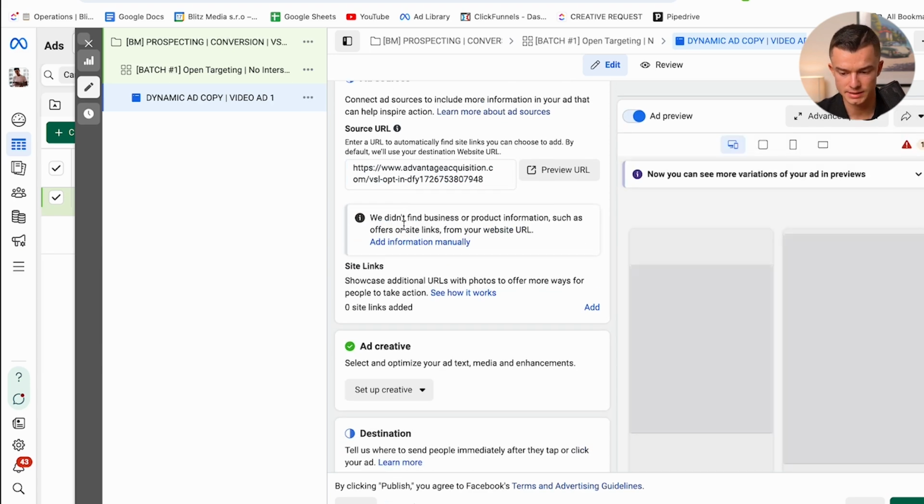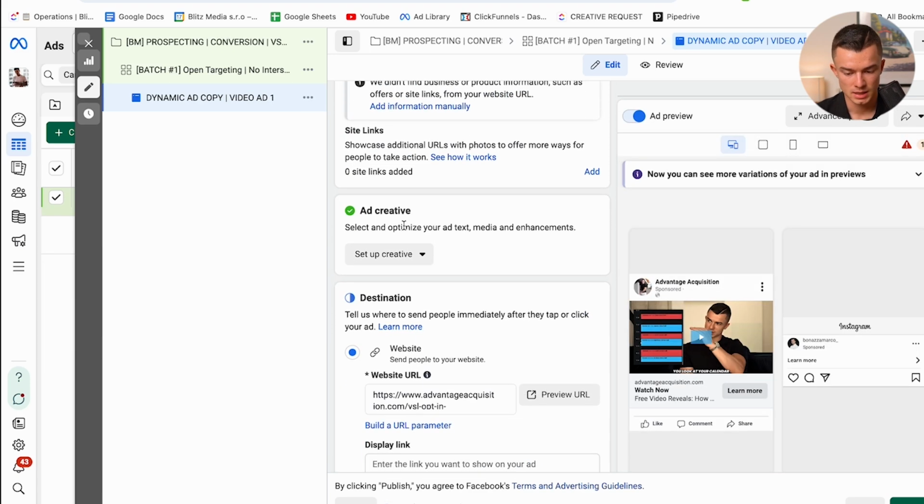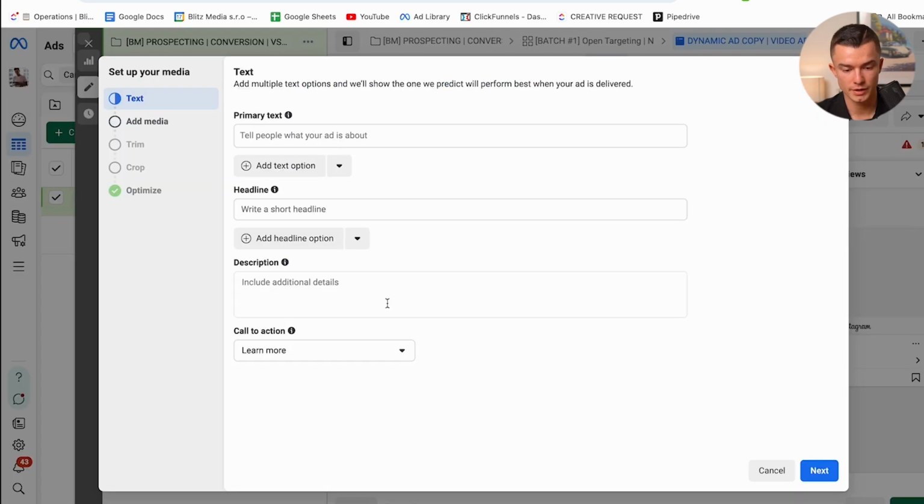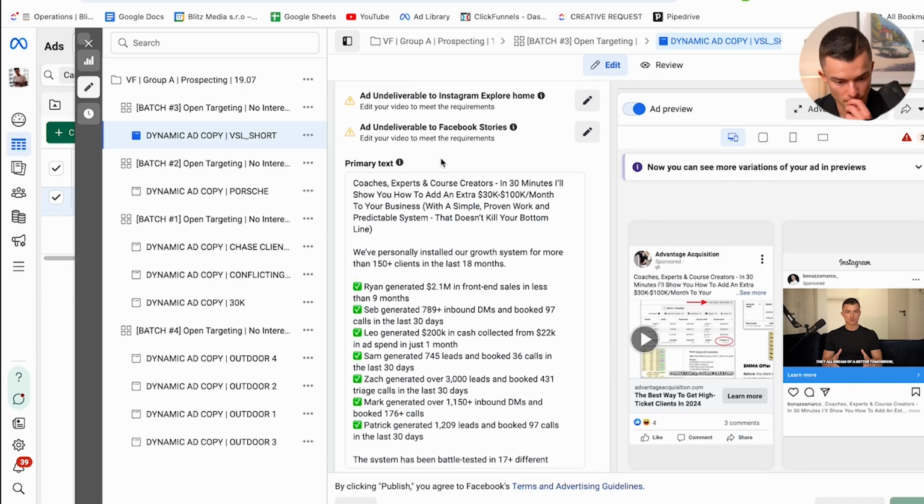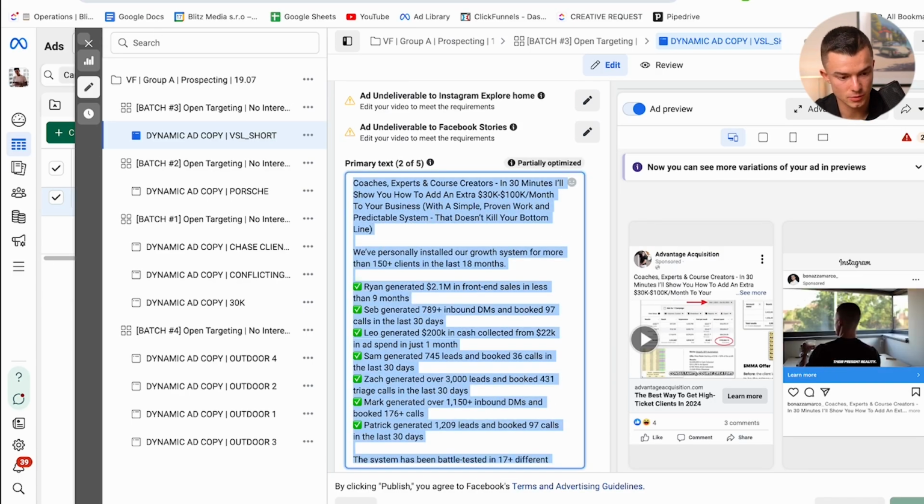Don't know why it looks that ugly. I think it probably is a different funnel. Set up the creative. So I'm going to be clicking here. I'm going to be clicking on video ad. Actually, what I can do is I can even set up the campaign live with you. So I'm just going to be taking the ad copy from one of my previous campaigns. So I'm going to be copying